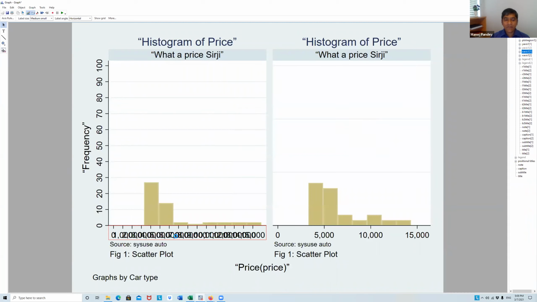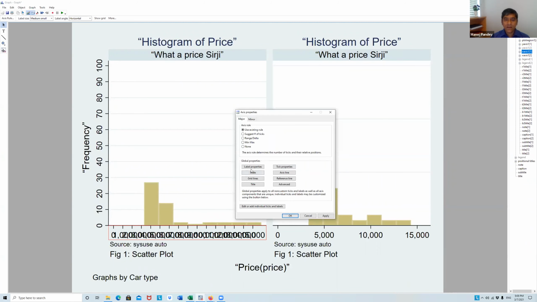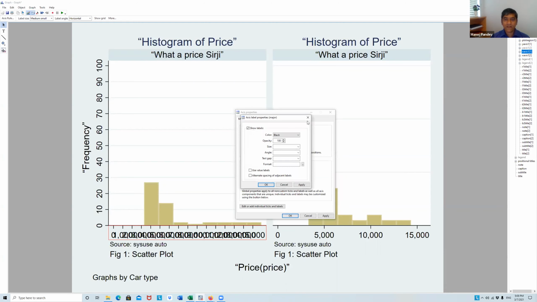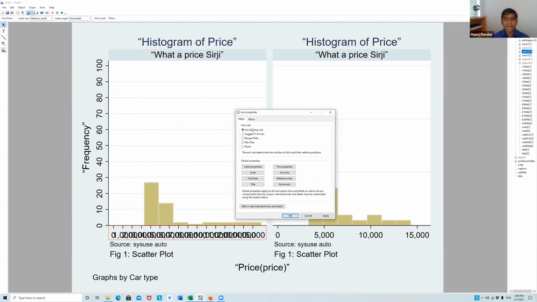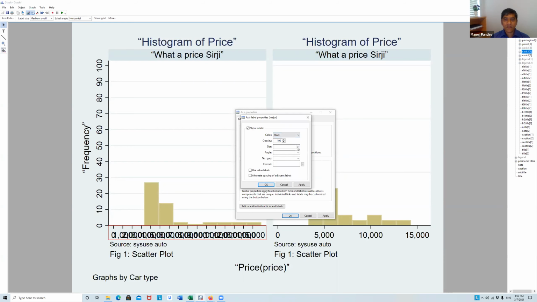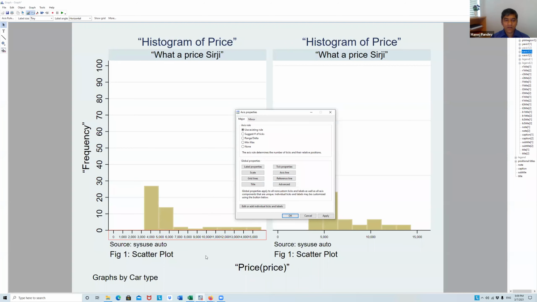But then it looks very nasty. So what you can do is you'll also have to change the label properties. Tiny or something. See, but then it doesn't look good. So better to have a 5,000 gap.